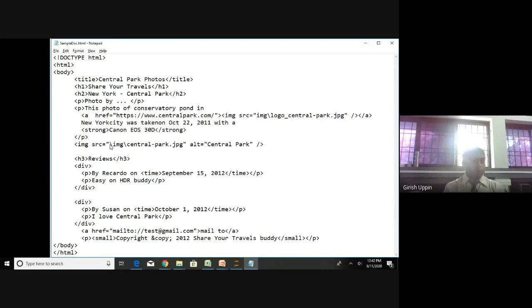Or optionally, as I told you, on the server you can use a forward slash, which is nothing but the root. In this particular client it will not work. On the server, it will take it as a root. It will go to the root folder, and in the root, it will try to find if there is any image folder, and inside the image folder, it will try to find whether this particular file is available or not.